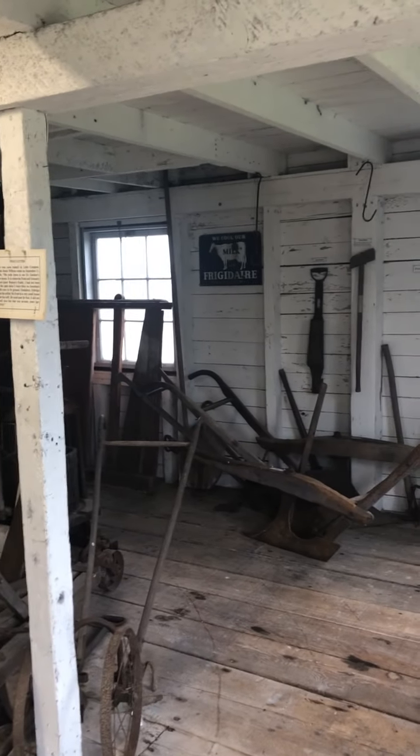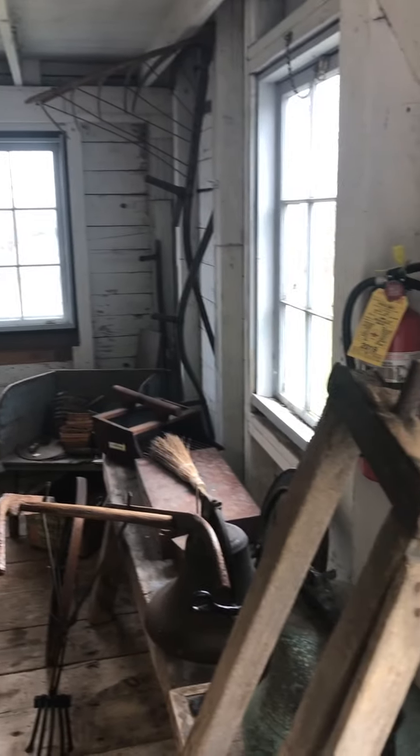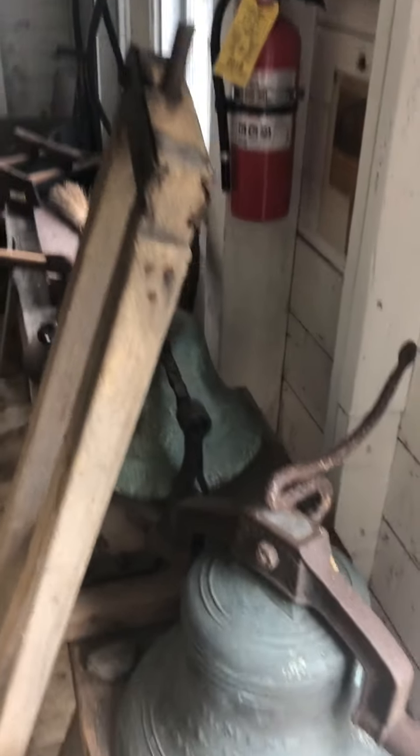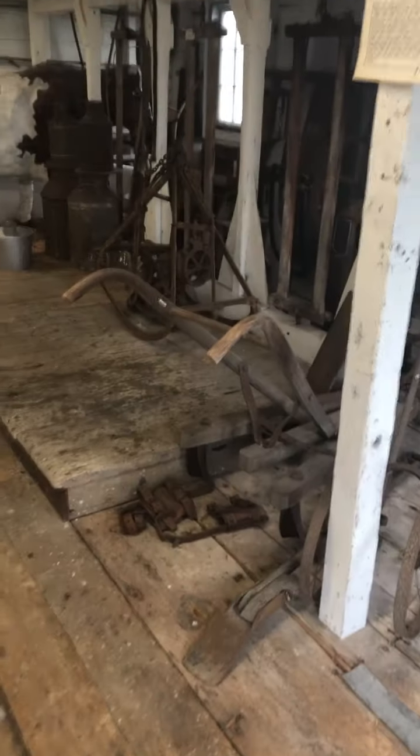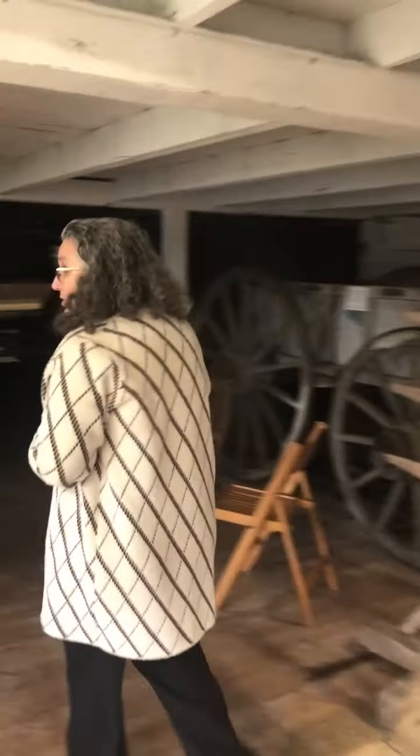The barn is really sort of a classic New England Historical Society collection of farming objects. It's a wonderful place to come explore. There's lots that we can learn here, but we do hope in the next few years to sort of reinterpret this space and make it a little easier and more enjoyable for visitors to learn about farming in Little Compton. So down here on this level, this first floor,